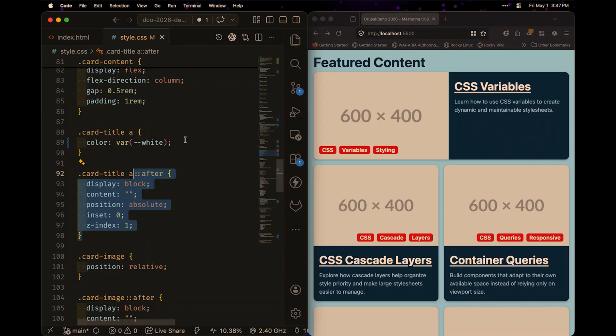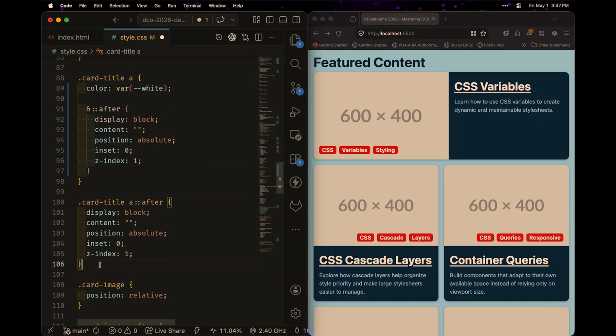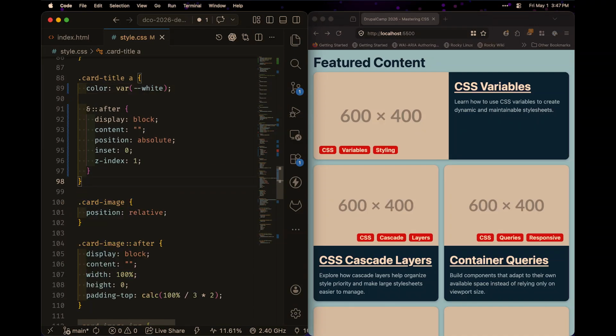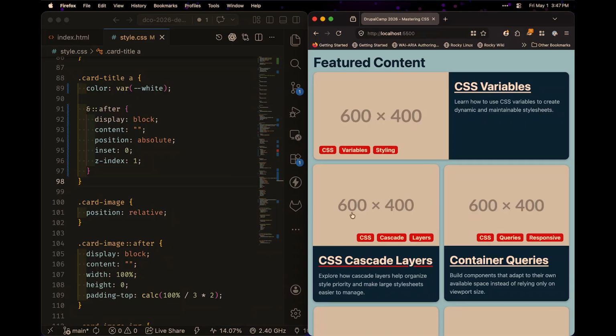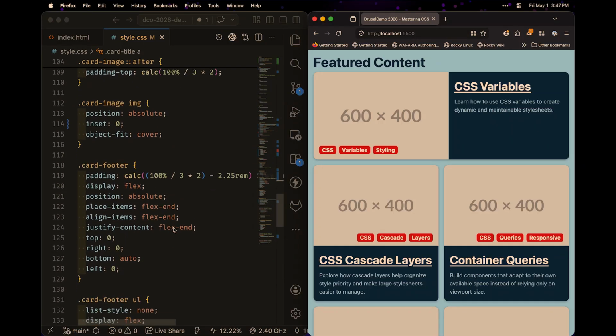You can just do and after, paste that in there. We can get rid of this whole block of code, and we still have the same functionality. The link is still clickable no matter where you are on the card. Yeah, so we can go through a lot of that nesting stuff. I won't nest this whole file for you, but